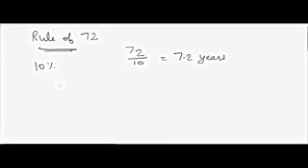Suppose the rate of interest is 20%, then 72 divided by 20 is equal to 3.6 years to double your money. So this is approximately right. If you do the calculations, it is approximately right. So this is what we call the rule of 72. So the second metric is the rule of